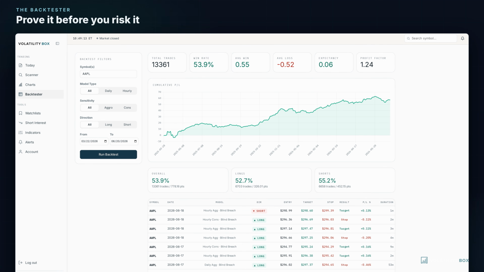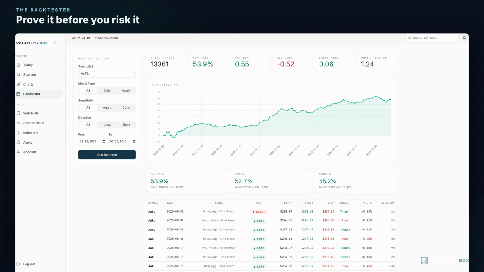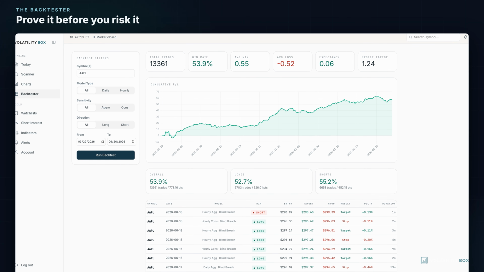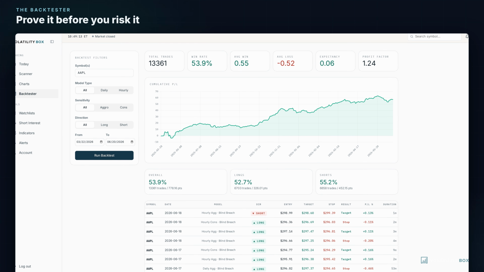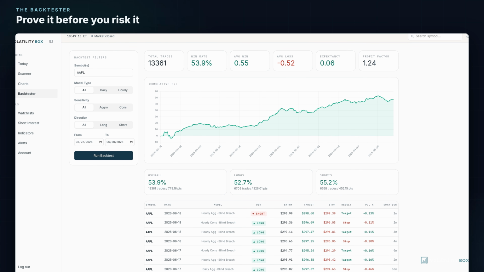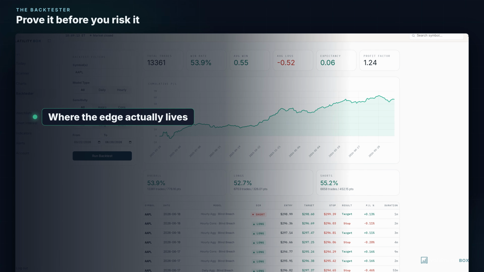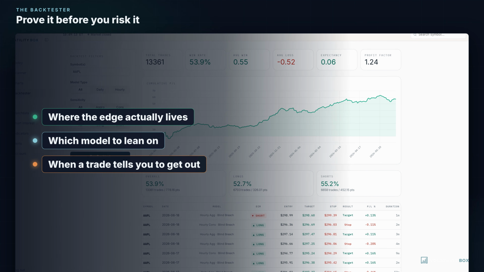The scanner hands you a setup. The backtester is where you decide whether to trust the setup and, more importantly, where on that setup you want to participate. This is the most powerful research tool in the platform because it doesn't just tell you if a name works. By running it a few different ways and comparing the results, it gives you clues where the edge actually lives on a stock, which model you want to lean on, and when a trade is quietly telling you